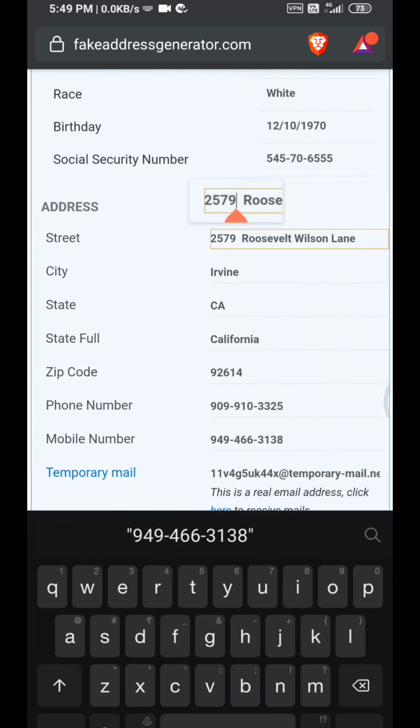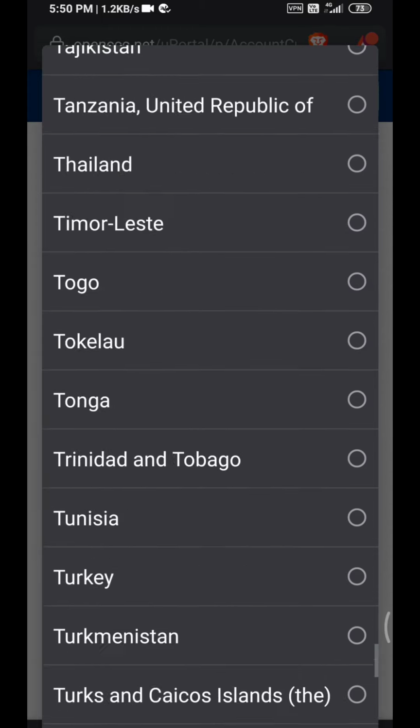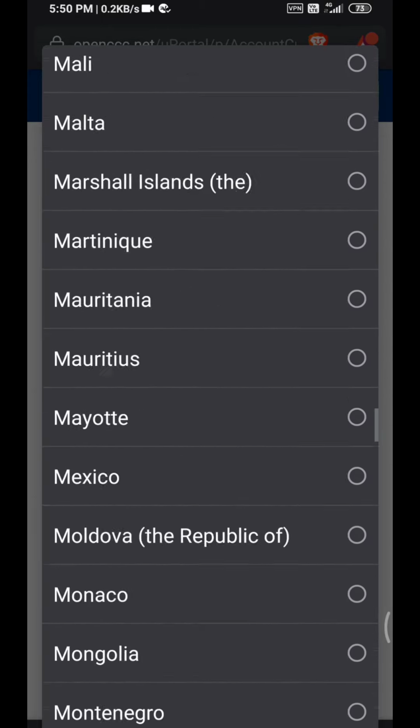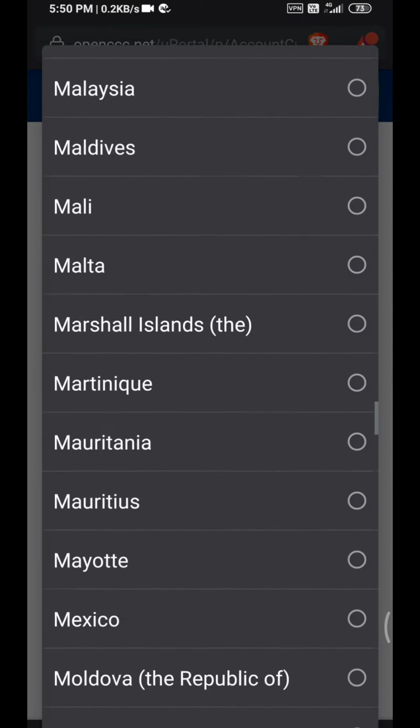Sometimes here the postal code we have to copy and pick your country. So we have to choose USA, but it's not a country. It's not a country, but we have to choose another, Canada or New York. So New York is also a city, so we have to choose Canada. So go to the top and click on Canada. So click on Canada. So we have got Canada. So click on Canada. So continue.